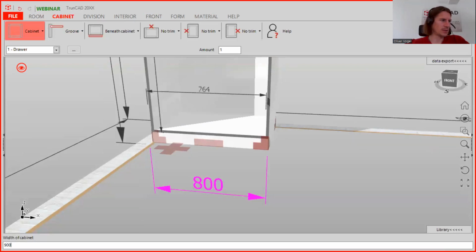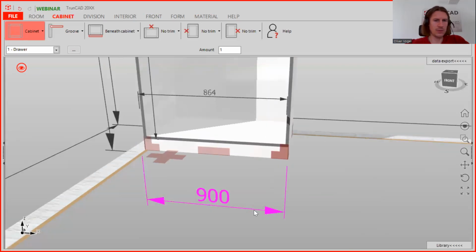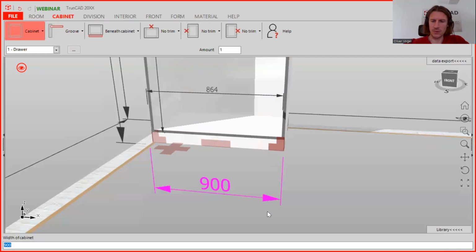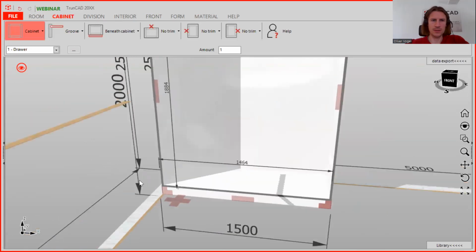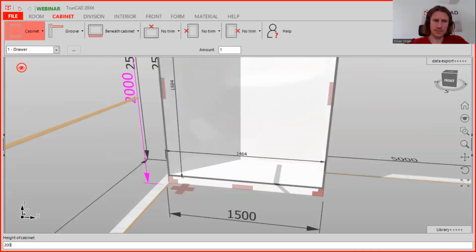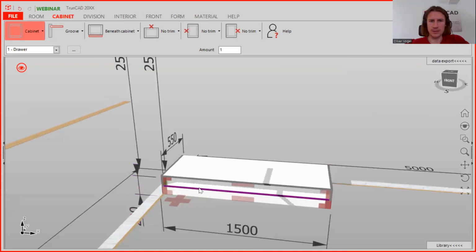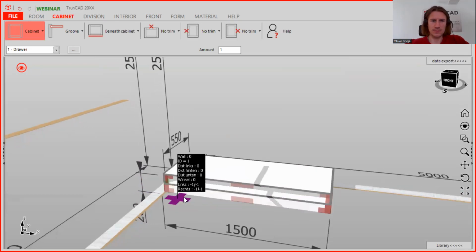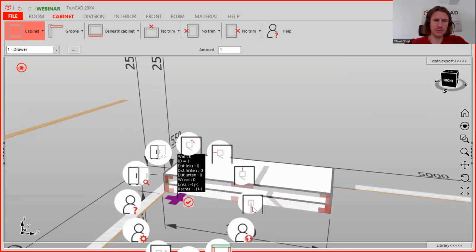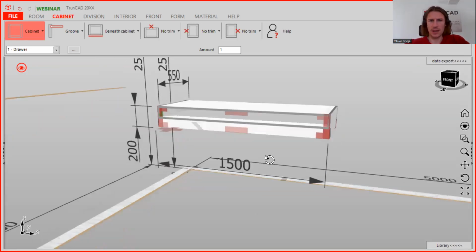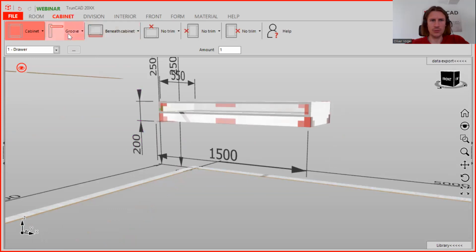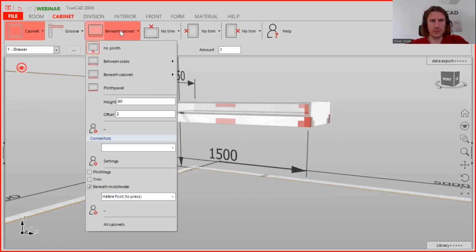So now we only have one cabinet, which is a drawer, and now we type in the width of the cabinet, that is 900. It's 1500. So the height is 200. And the distance from the bottom to the bottom is 600. That is our drawer. We turn off the plinth,